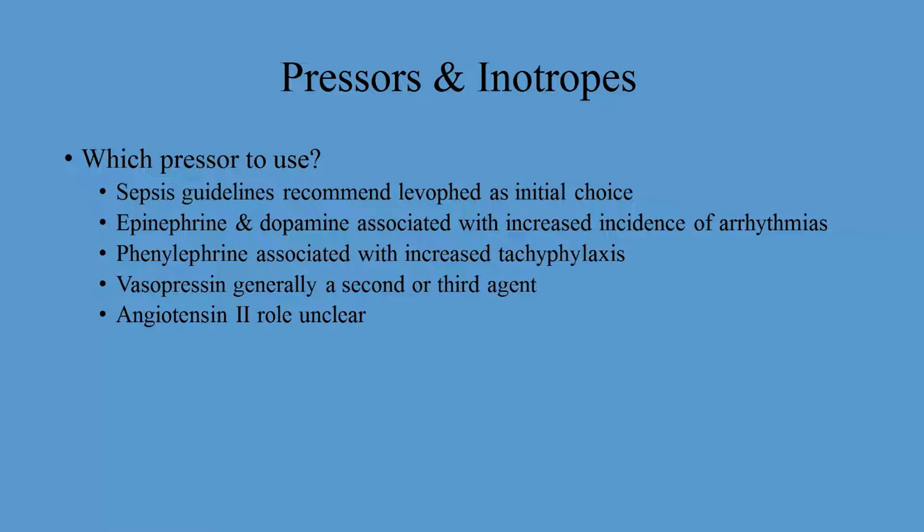So as that phenylephrine has been infusing for longer periods of time, you end up needing to use larger and larger doses to achieve the same effect. There are many institutions that use phenylephrine as their primary, and again, very little data to support one alpha agent